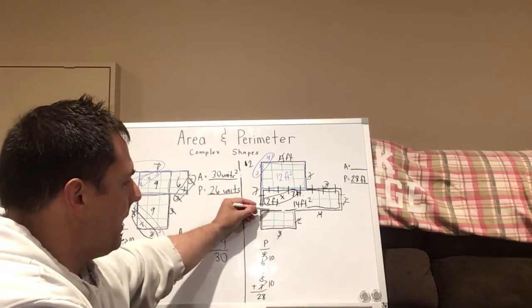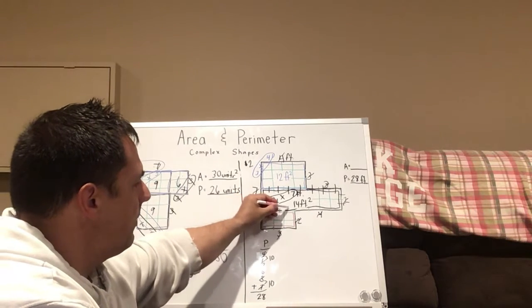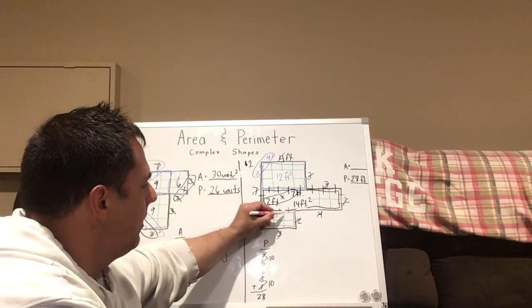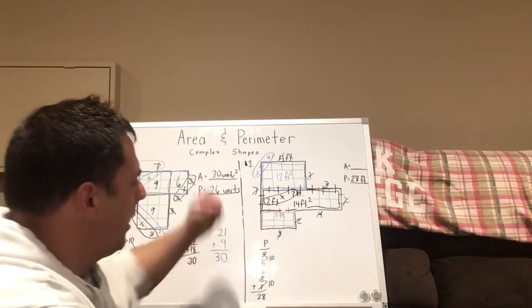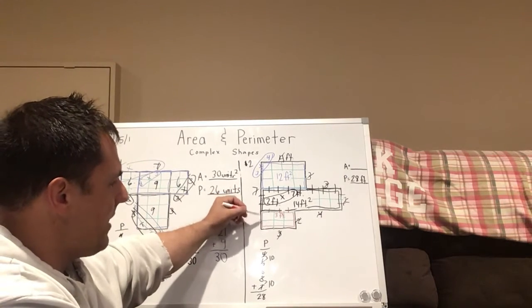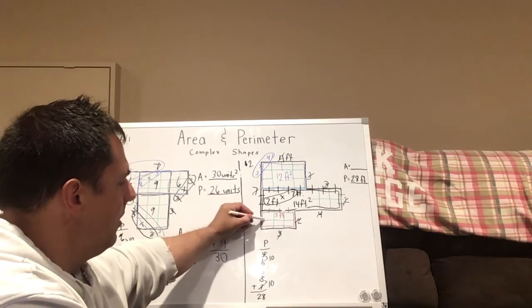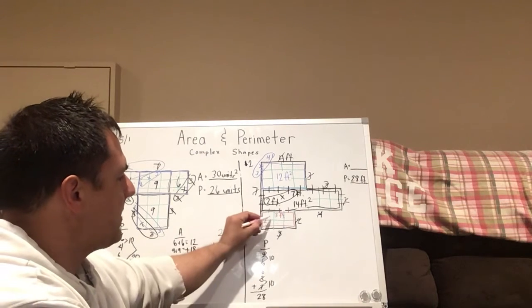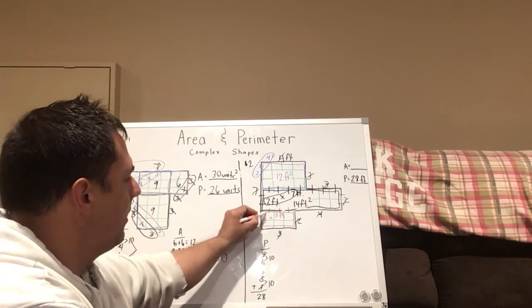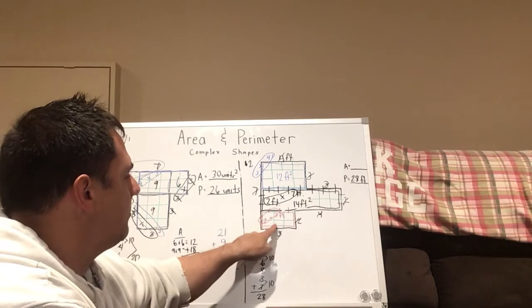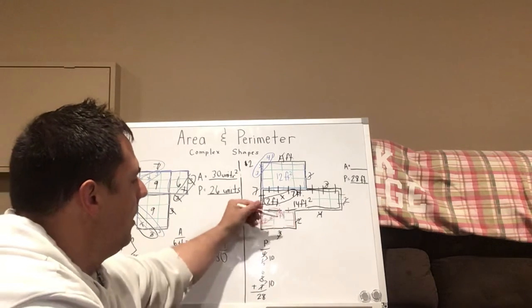So again, I have to count my length. 1, 2, 3. So I know that's 3 feet. I have to get my side, my width, 1, 2. So I know it's 2. And because it's a rectangle, I can actually multiply them together. And I know that 3 times 2, let me erase this just so you can see it, would be 6